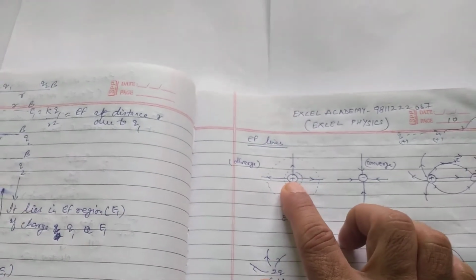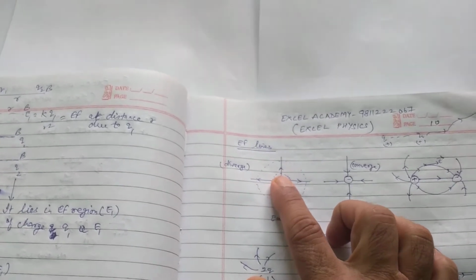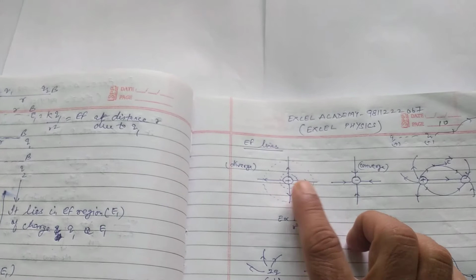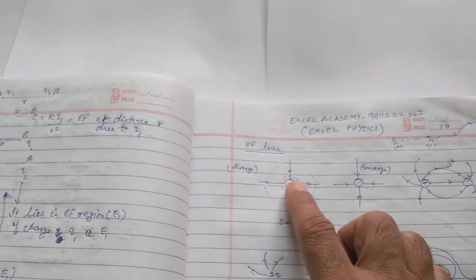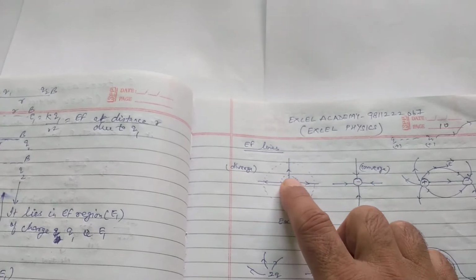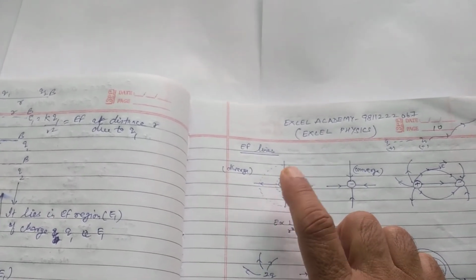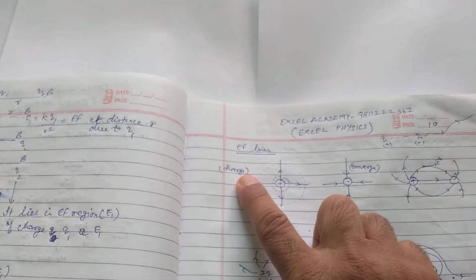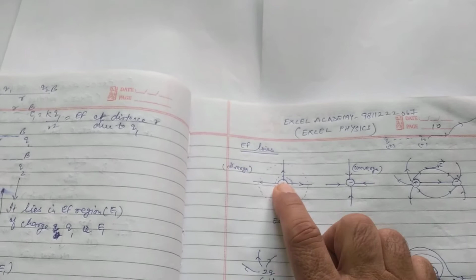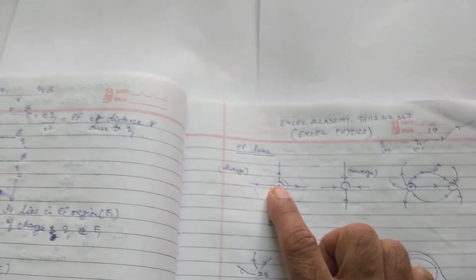Now, let us consider the source charge to be positive. As we already know, the test charge will move away. So, these are the lines. These are the paths. I am taking this path. The electric field lines are directed outward or diverging. It means that electric field lines originate from positive charge.